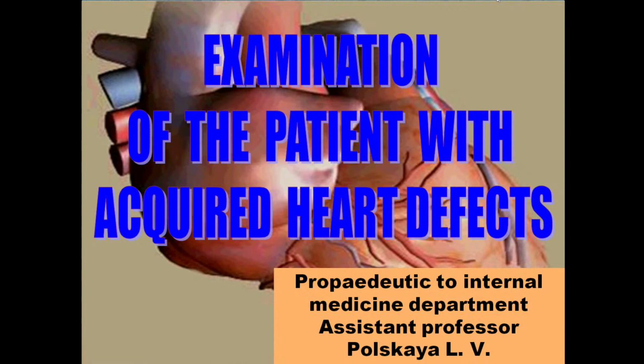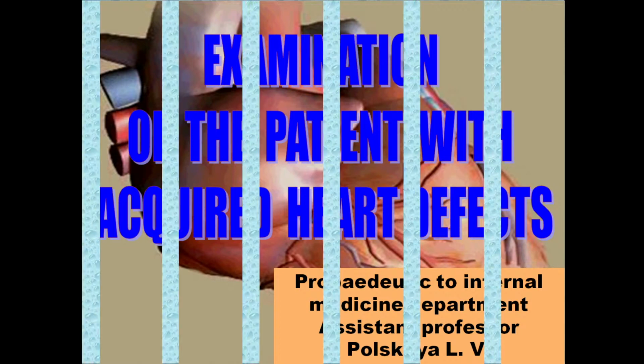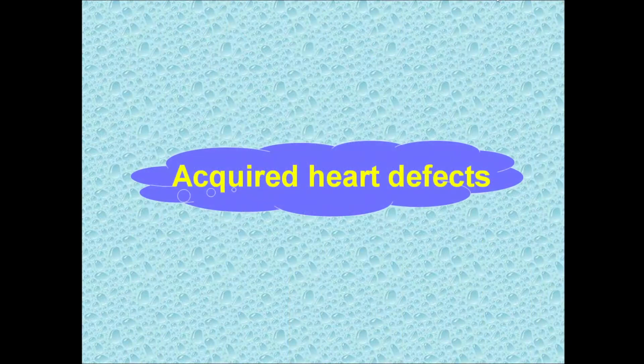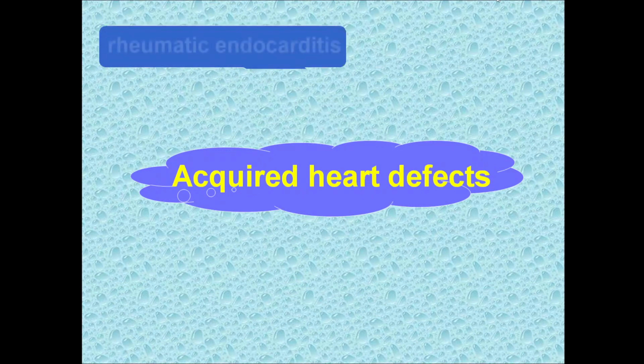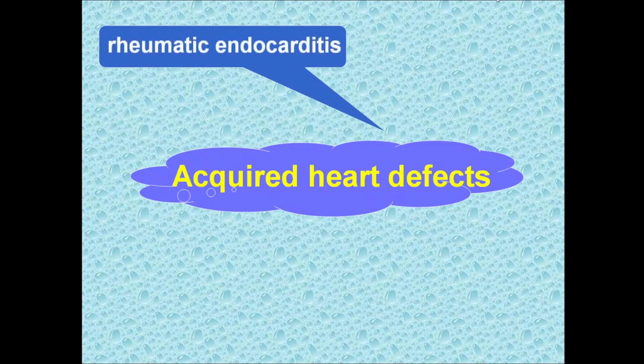Today we will talk about examination of the patient with acquired heart defects. When we are talking about acquired heart defects, we must understand it is an anatomic defect which appears near the heart orifice or valves due to the pathological action of some preceding pathological process. More often, an acquired heart defect appears in the patient after attacks of